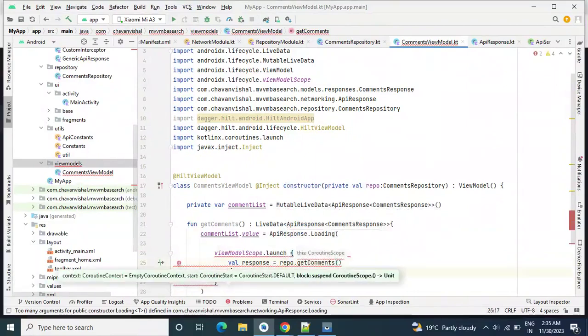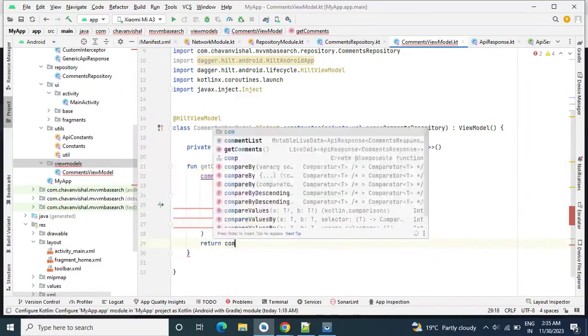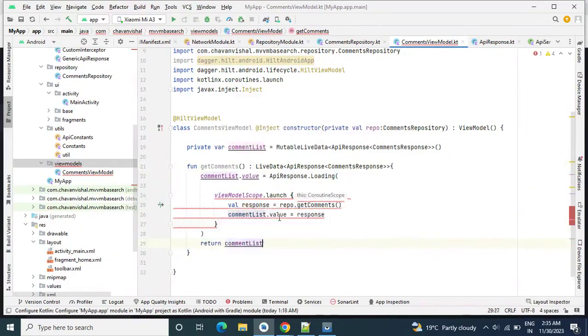Okay, and then commentList.value is equal to response, and from here we will return this commentList. Okay, sorry, I forgot to close this one. Okay, so this is our getComments method inside our view model.